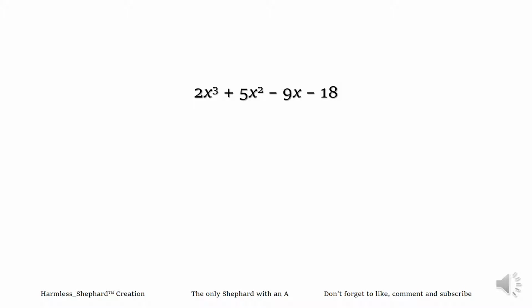This is the polynomial, and we now have to factor out x minus 2. That's one of the roots of this polynomial. We start with 2x cubed. Can we factor out x minus 2 out of 2x cubed? No. So what we do is we have to